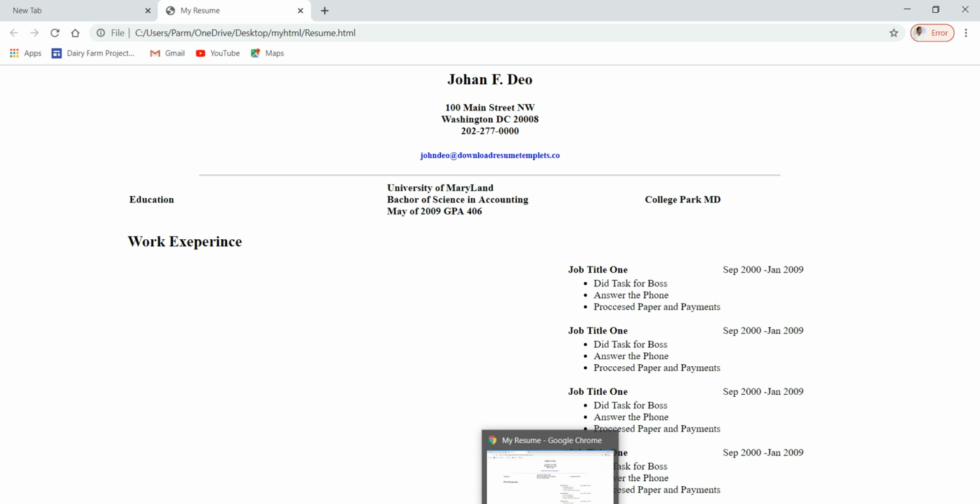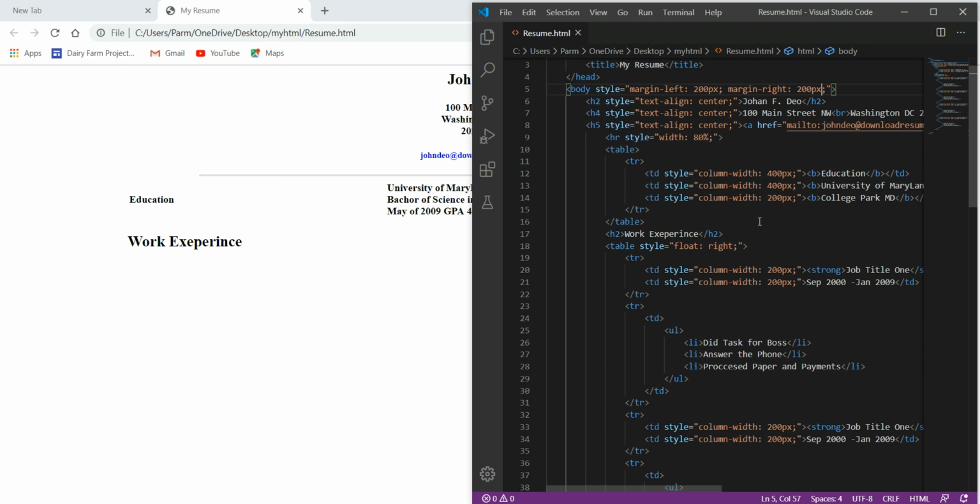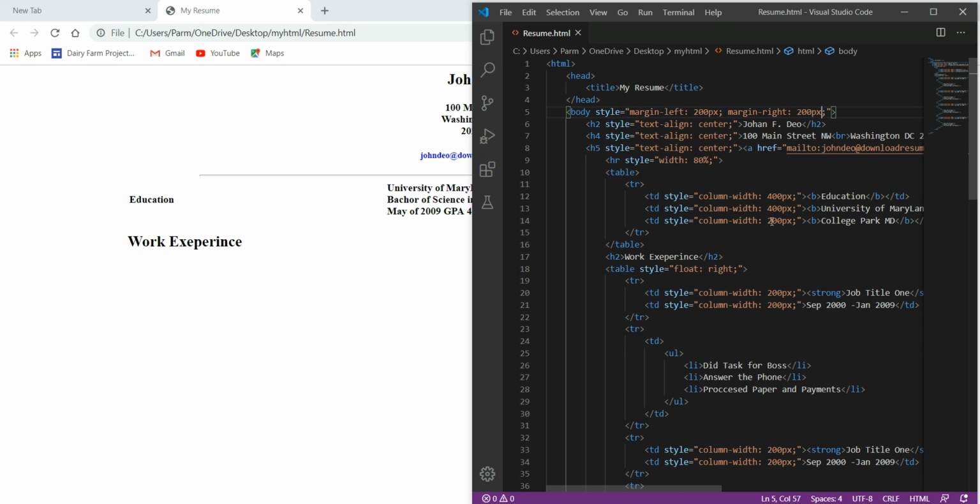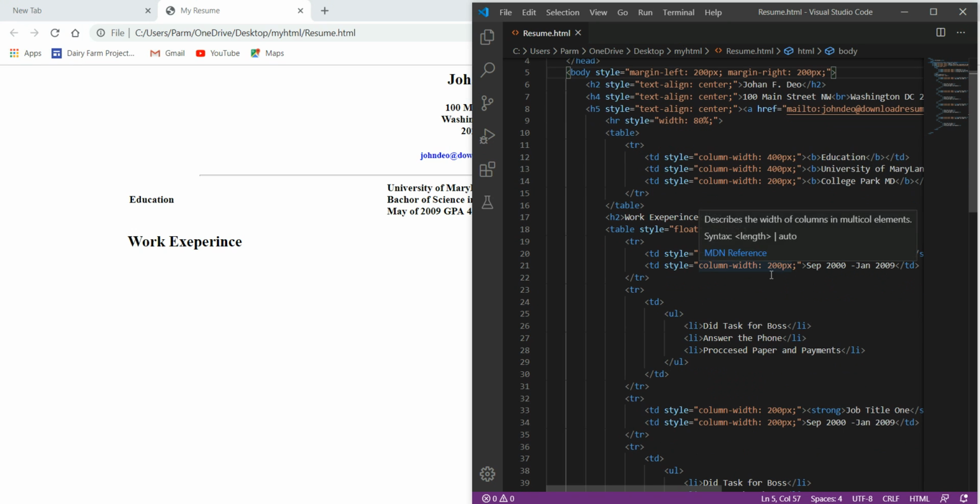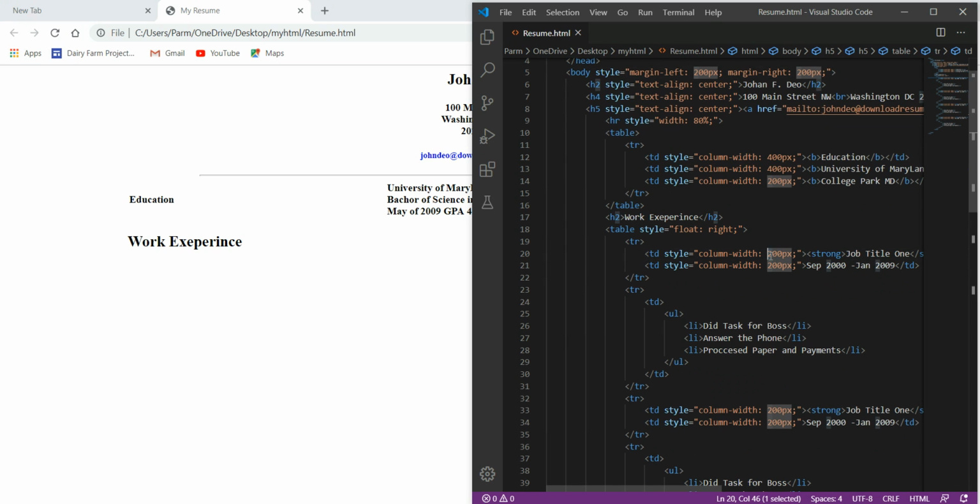So for this, I will take it 500 pixel and this 400 pixel.